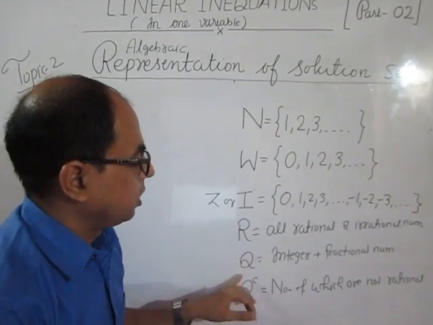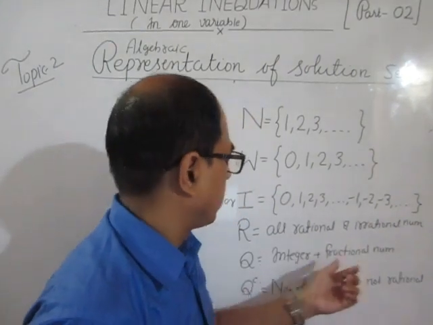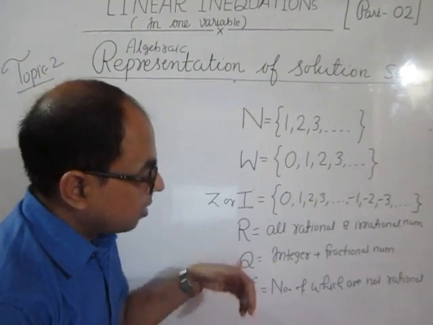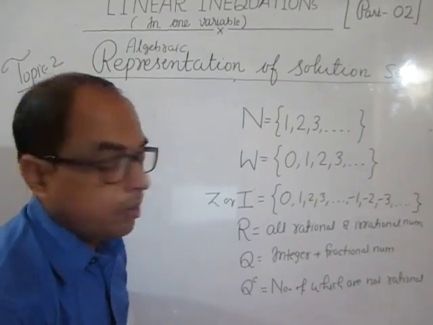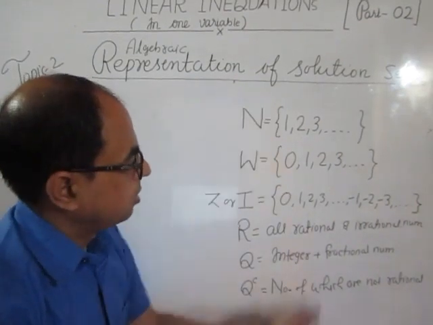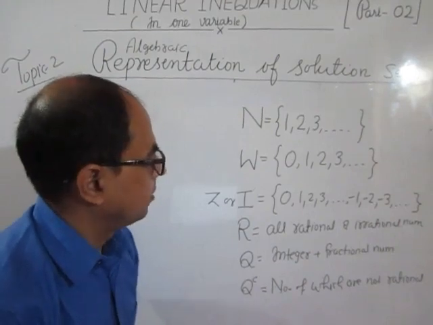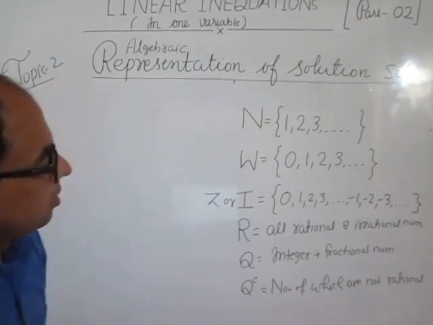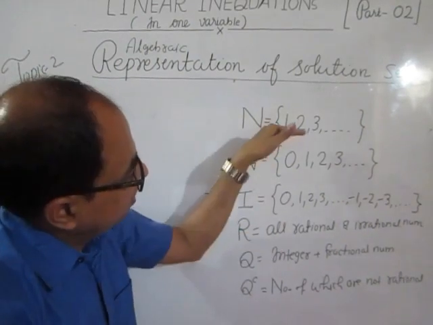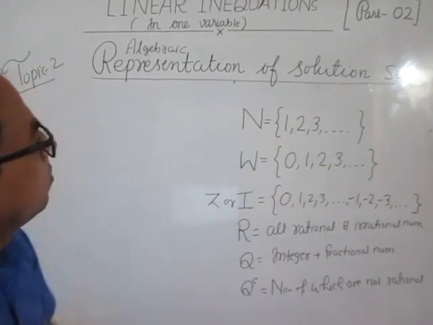Now, the set of rational numbers: all the integers and all the fractional numbers together are called the set of rational numbers. The number which is not rational will definitely be an irrational number. All these numbers together are called the set of real numbers. So the set of real numbers is the biggest set of numbers. Clear? The set of real numbers contains all these numbers.